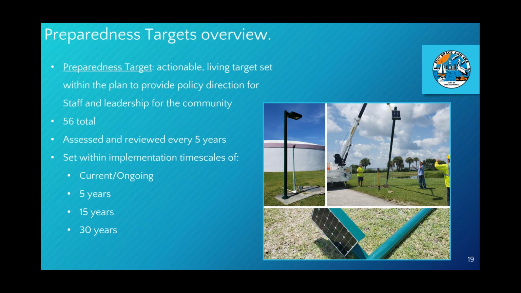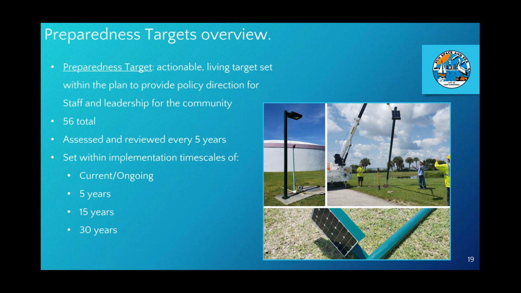Preparedness targets are to be assessed every 5 years via a staff review, essentially auditing the action plan, ensuring the targets we are striving to meet are actually being met and how successful the implementation is. Plan updates would be made public and there would be a public comment period to see community input. A status report would also be developed to showcase where each preparedness target is in terms of implementation and/or success. This 5-year review is also an opportunity to remove or change preparedness targets as needed for whatever reason. Perhaps one has been successful and is no longer needed. One cannot be fiscally completed, etc., etc.